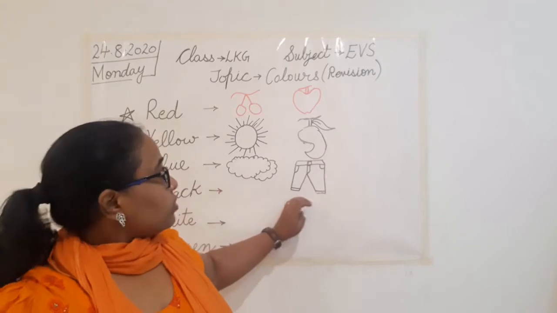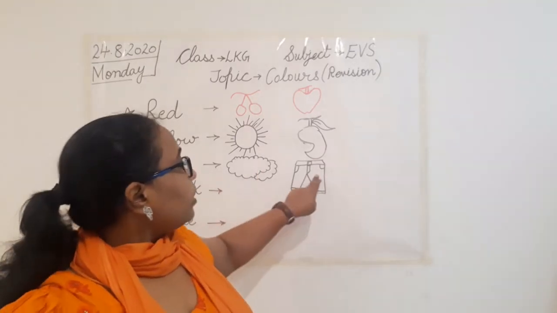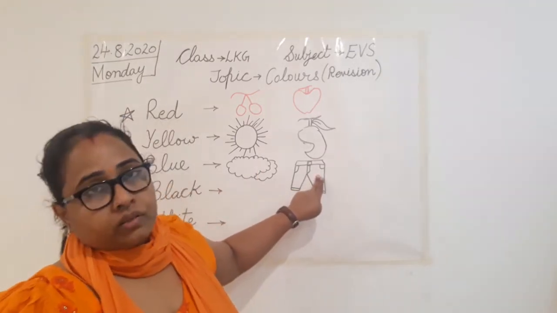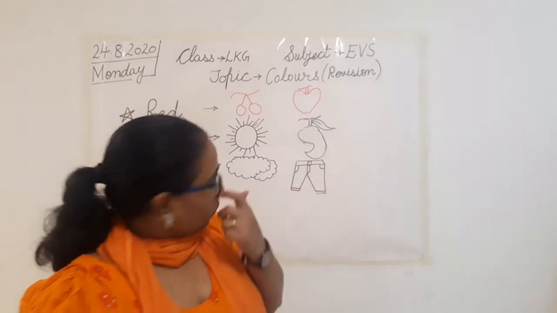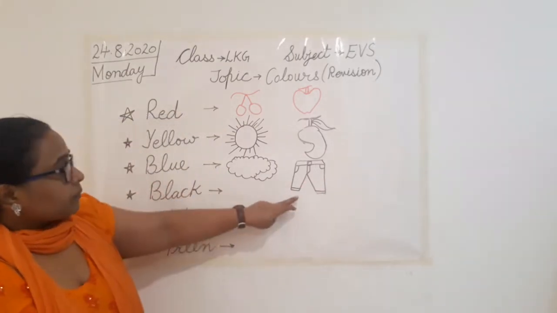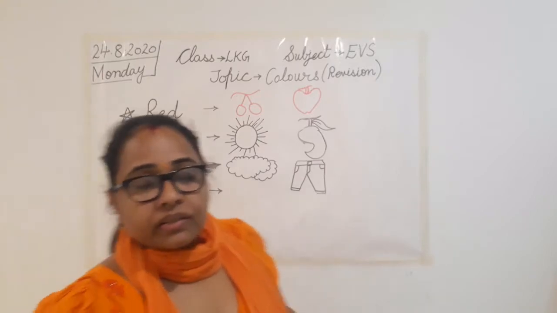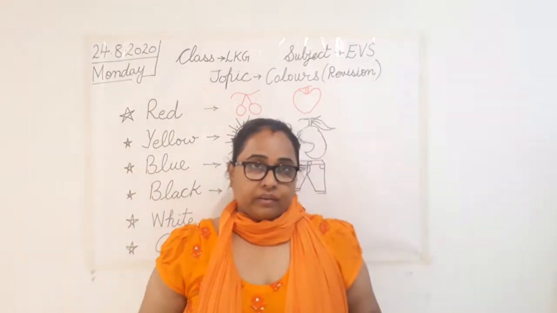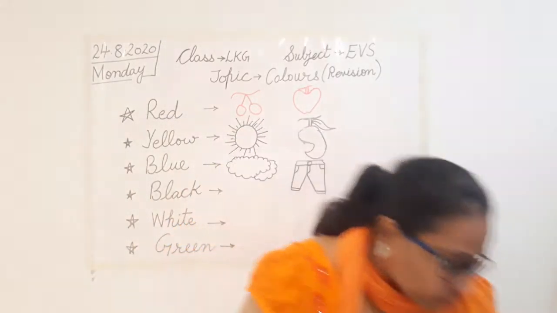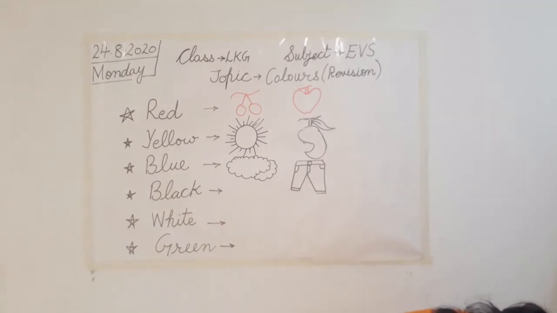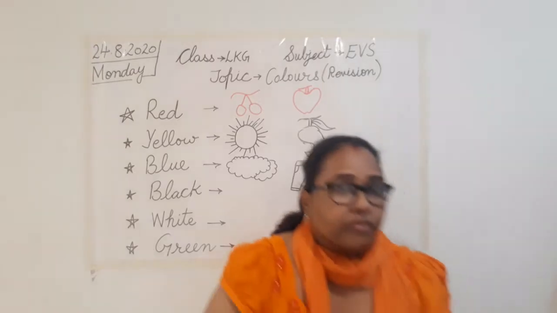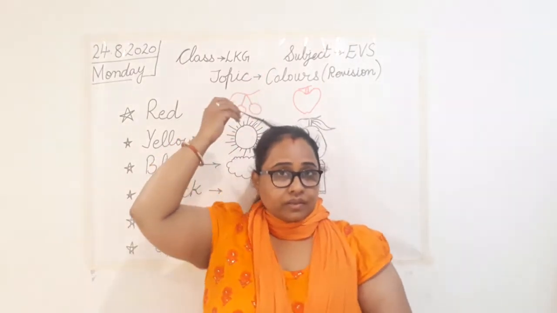Have you seen it? So this is how you can draw any of the two blue objects. So one is cloud and the other one we have learnt is a pant or a trouser. You can say that is blue in color. Clear? Now moving to the next color. So can you tell me the color which we have here? What are these?